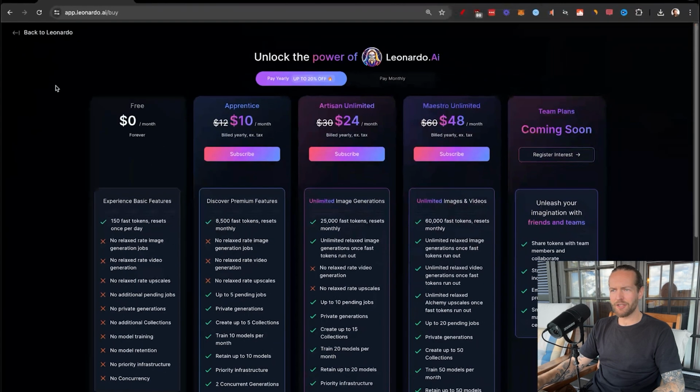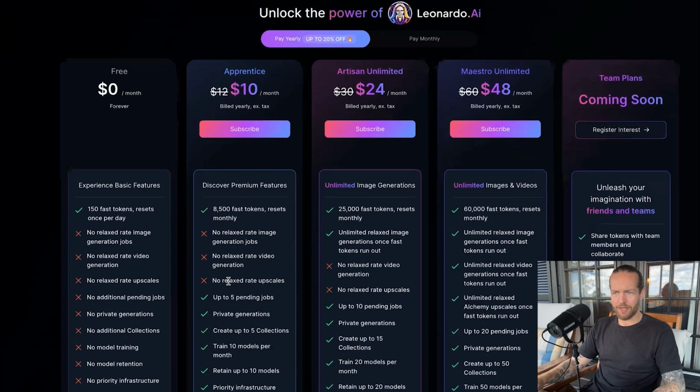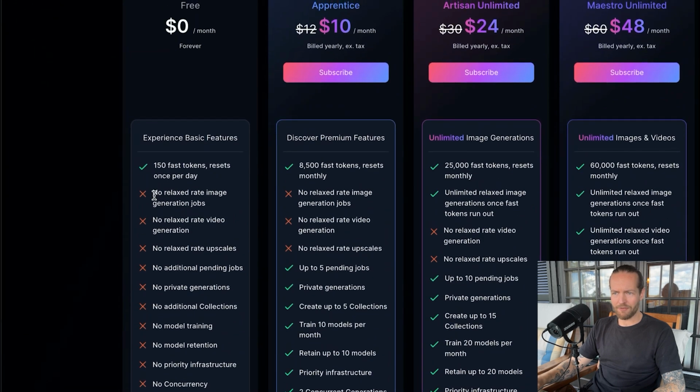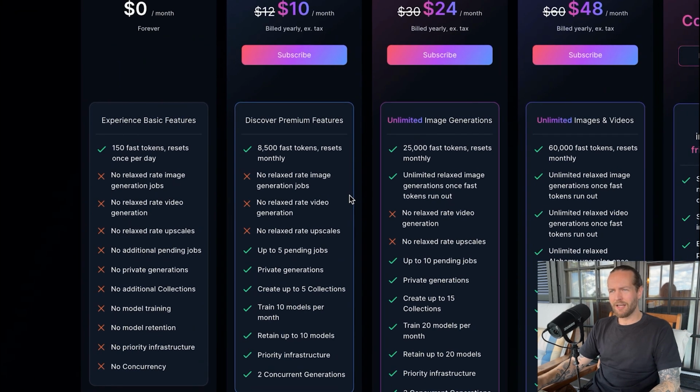Let's click on manage, and here you see the actual pricing. This is the yearly price and this is the monthly price. So let's take a look at what you actually get. So here from the free, we have all of this not included that you can't. I think we kind of saw that when we went through it. Like there was a bunch of them that had the actual gem icon next to it. This gives us